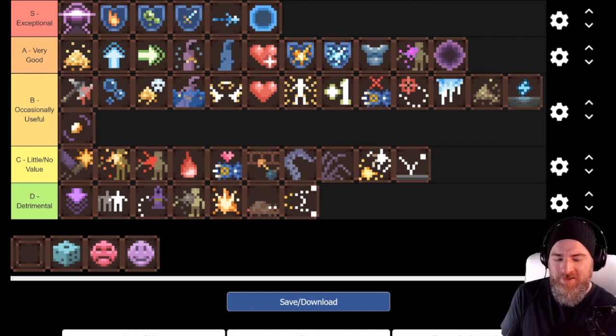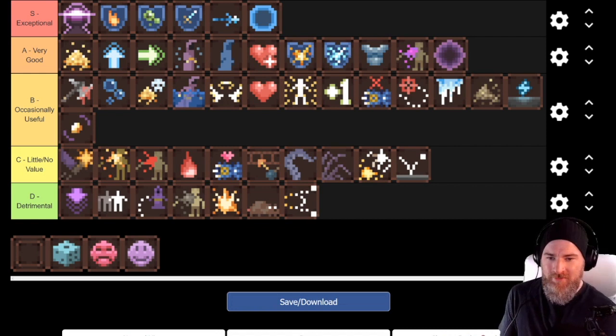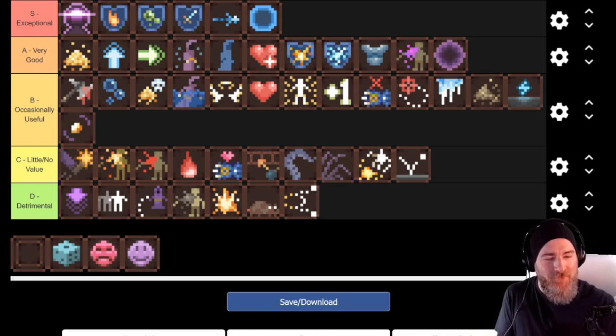Some argue that in the following Holy Mountain and the subsequent ones beyond that, you have a greater chance of getting better perks. But I feel like the value of the perk that you just missed out on by taking that is worth more. It's a personal choice. I am going to rate it as very good, but it's just not one that I personally would take